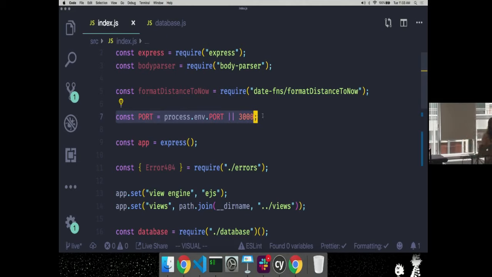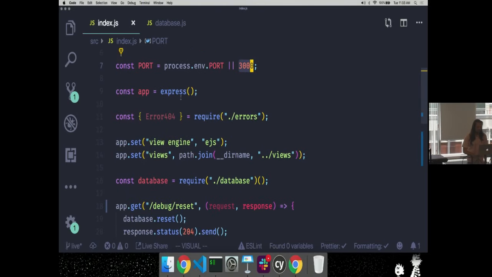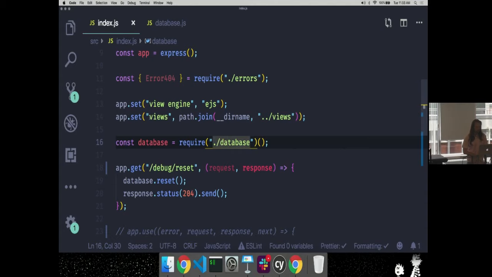Here I'm setting up my port. I'm going to have a variable that holds the port that I want, and I'm going to grab that port from an environment variable, so I can configure this every time I run it if I want. Or it's going to default to 3000. That's what this code is for. I create my new application using Express, and then I set the view engine to EJS. That makes it work. And then I set my views directory.